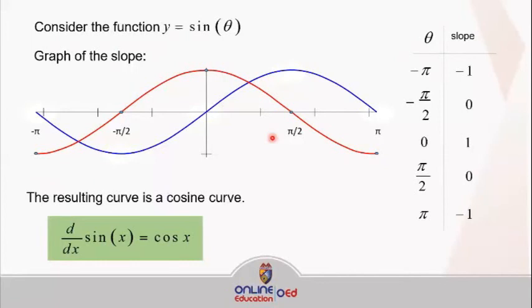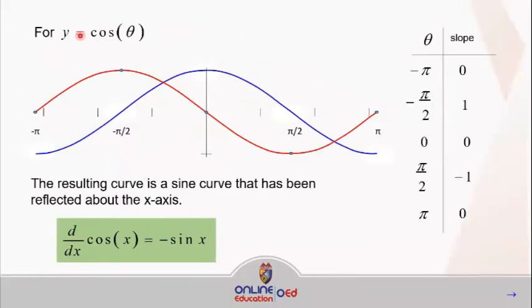Therefore, for the derivative, as shown here, we have the d over dx, kapag daw ang hinahanap natin is derivative of sine x, equivalent siya sa cosine x. Okay, yan yung shortcut niya. So, next naman natin